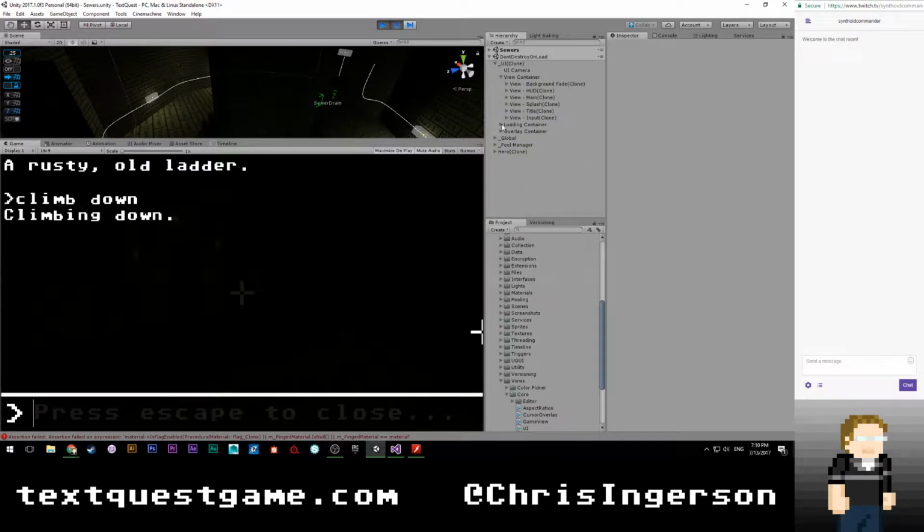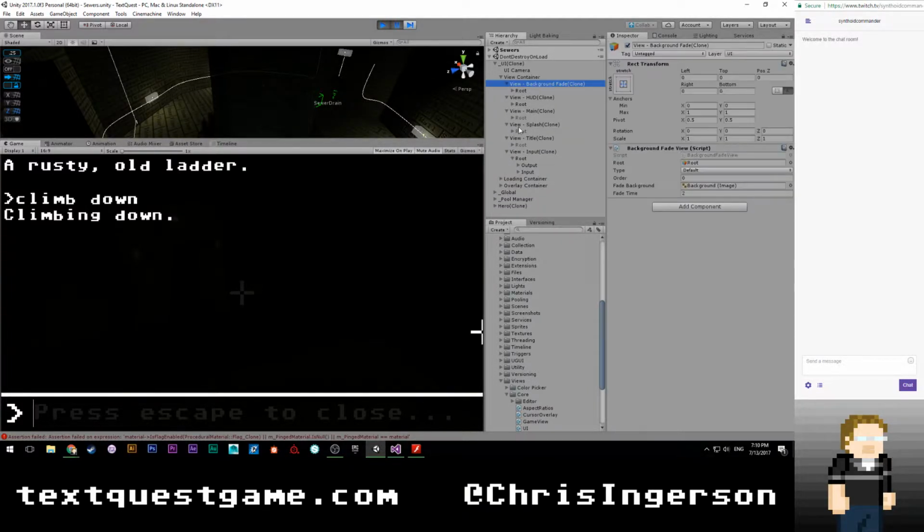View container, so it's not the loading run, right? Yeah, okay. Is it an overlay? Nope. All right, so our input view is down here. Is there nothing? Yeah, background fade right here. Oh, huh. Okay, so I guess I was just targeting the incorrect thing. Of course it was that simple. I must have been looking at a different fade. That's interesting. Well, in any case, that's a simple fix.